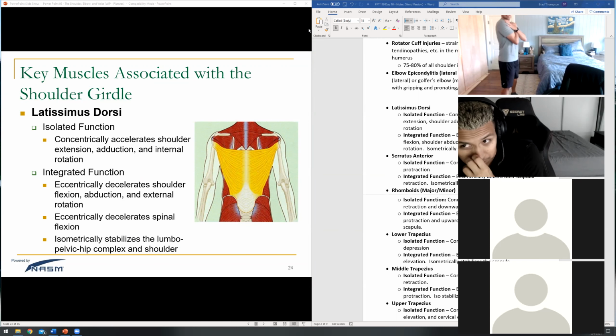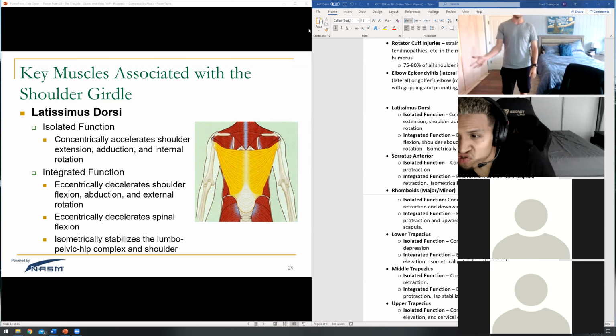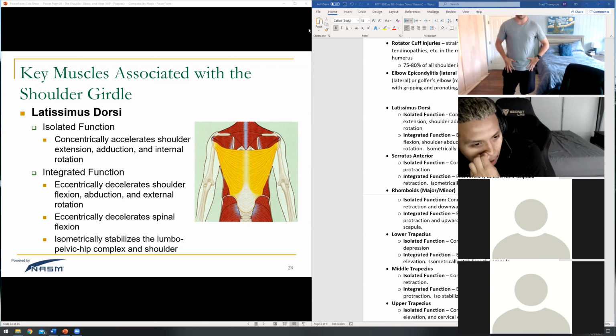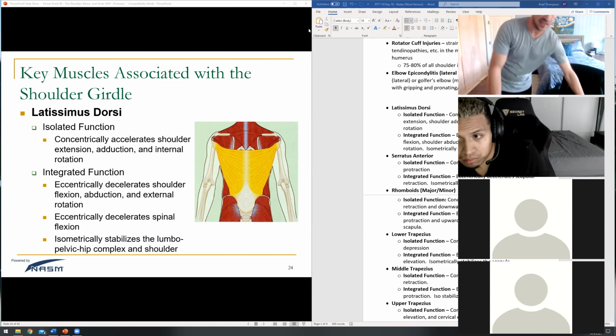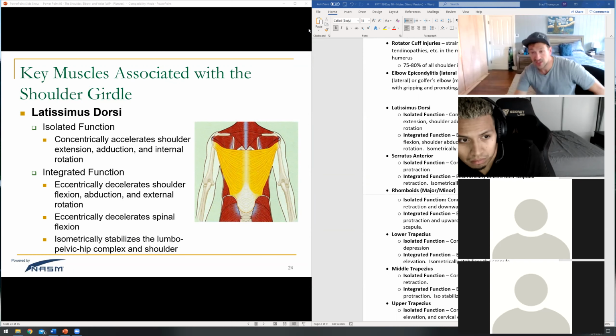But if I have them go like this, and then all of a sudden their squat looks perfect, it's like, oh, it's not your hip flexors pulling down. It's your lats. When I took the lat stretch away, your squat got better. That shows me that the lats are what's tight. Just like, you know, if I had a client who,